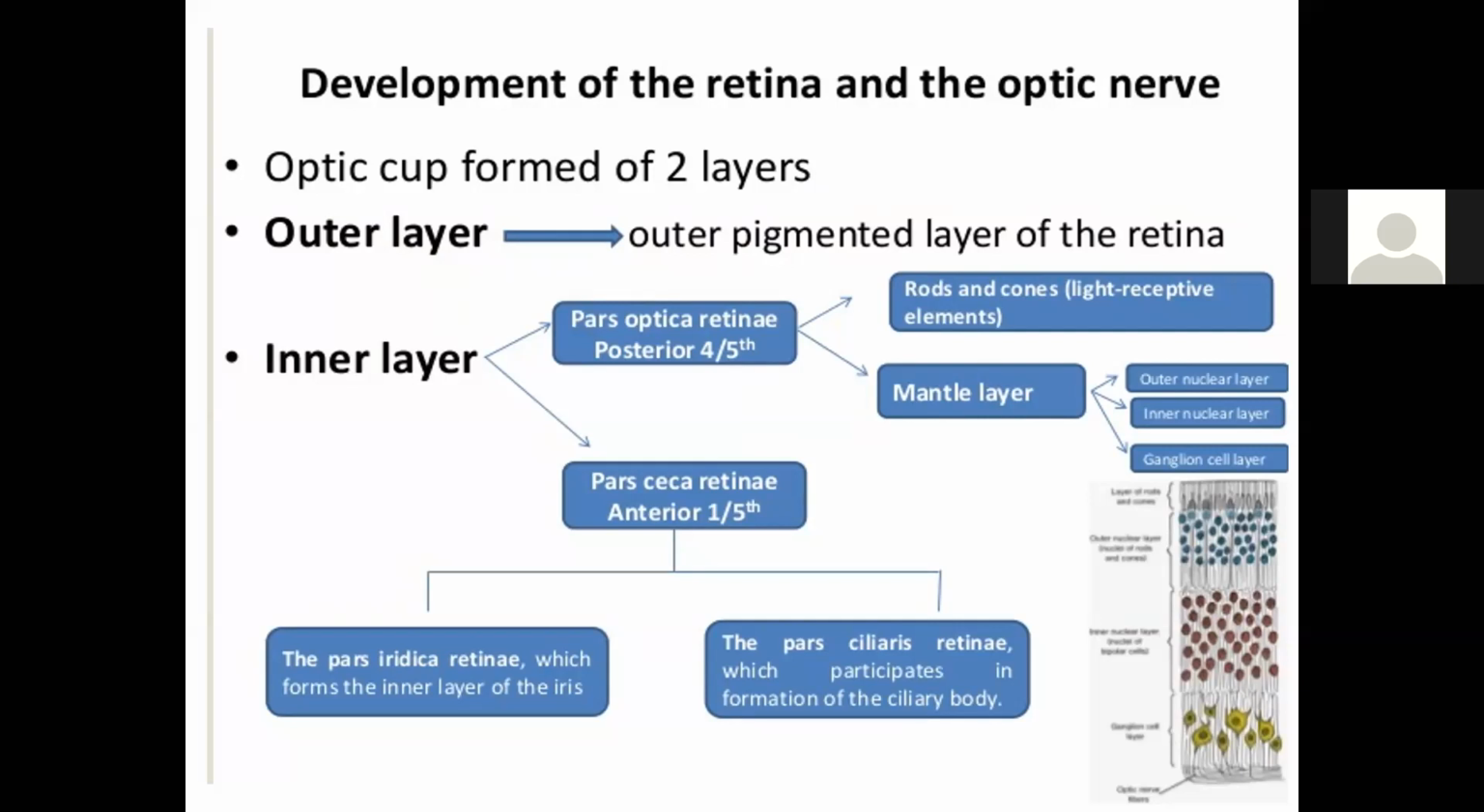ठीक है, दोनों sides पे mesenchyme है, from inside as well as from outside. The inner layer is very important in a sense that the inner layer will divide into two parts. The posterior 4/5 will be called pars optica retinae, and the anterior 1/5 will be called pars ceca retinae. It's very important to understand that the inner layer, although it is a continuous layer, but from inside, if you see this cup, जो inner layer का posterior 4/5 है, this will form